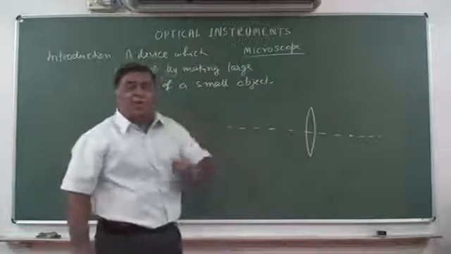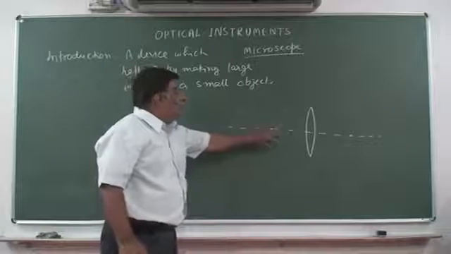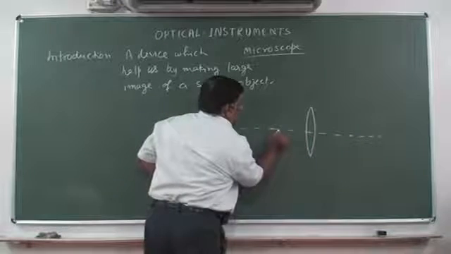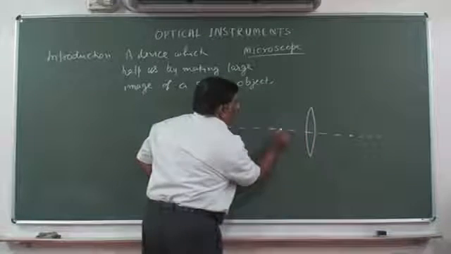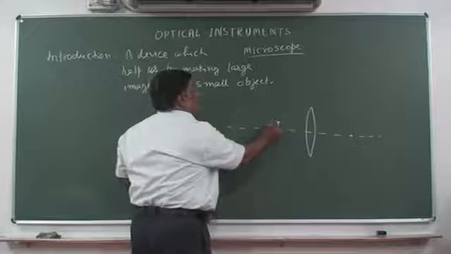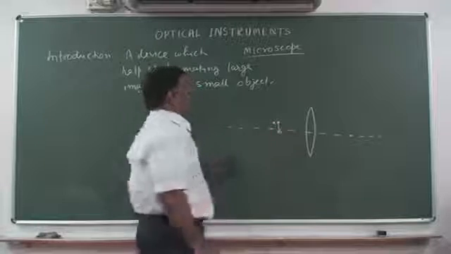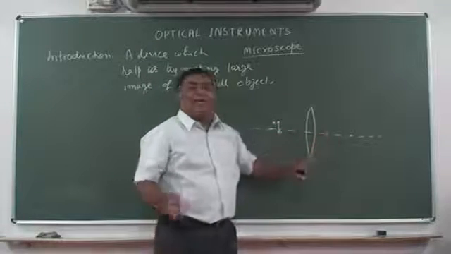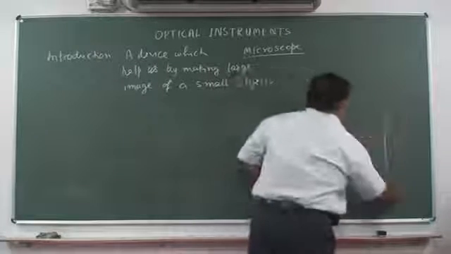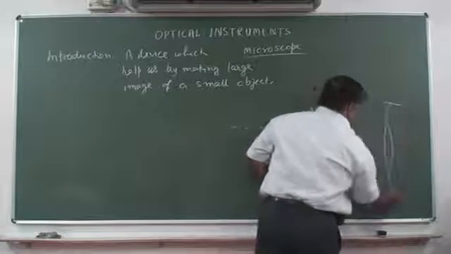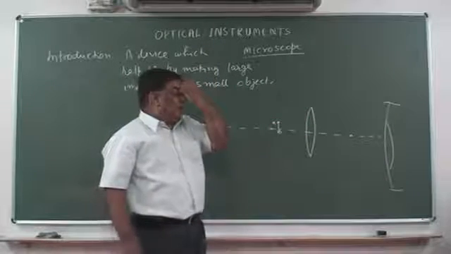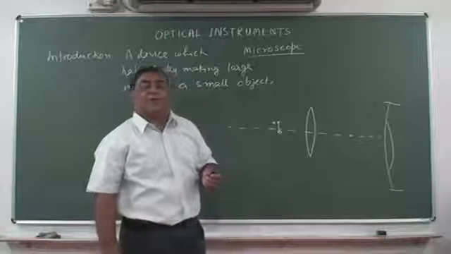Now if we place a very small object just before the focal length, between focal length and optical center. So if this is the focal length, we will place object here. If we place an object here, AB, then it will appear very large and we will see it from the other side. We are observing it from this side. This is an indication of our eyes. We observe it from this side and it appears very large. How it appears very large?